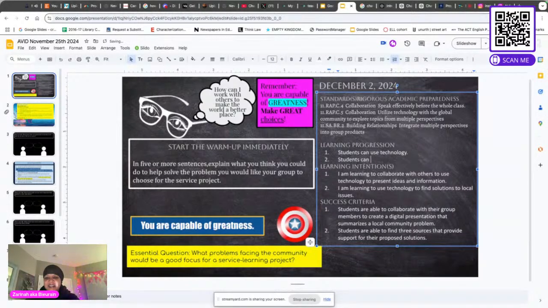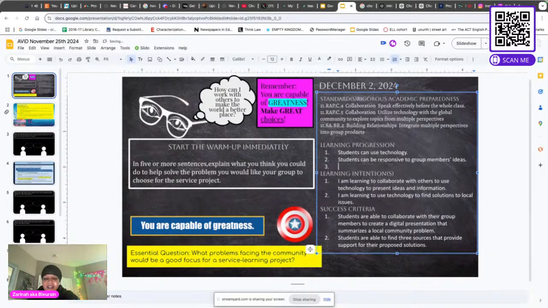Students can listen to their, or I can say actually students can be responsive to group members' ideas. I'll say open and responsive, but I'll just leave it responsive. And students can create research questions. All right, so those are some things that they need to be able to do for our purposes. To get them warmed up,